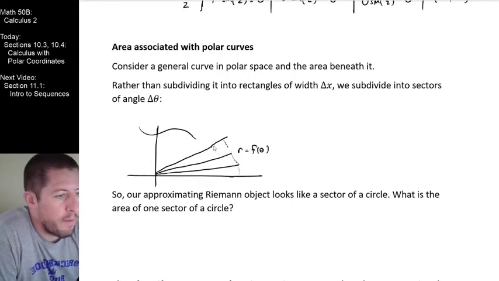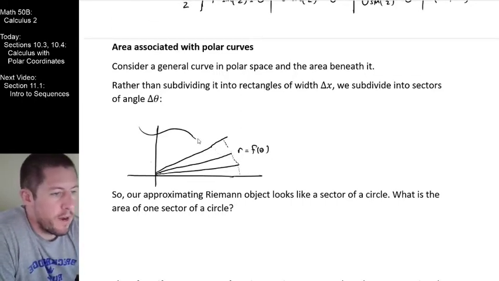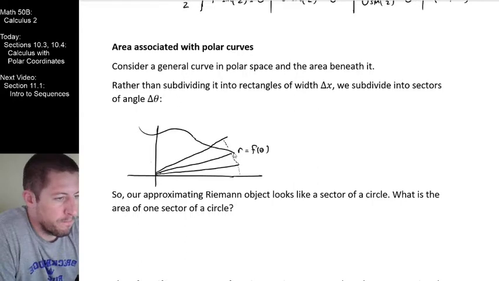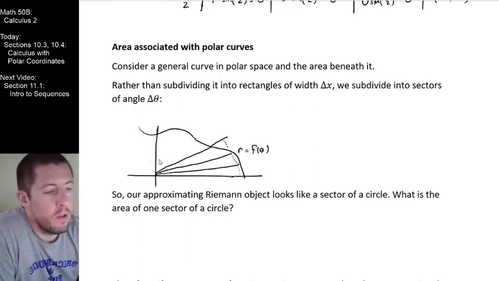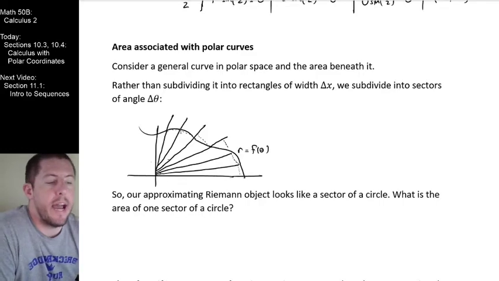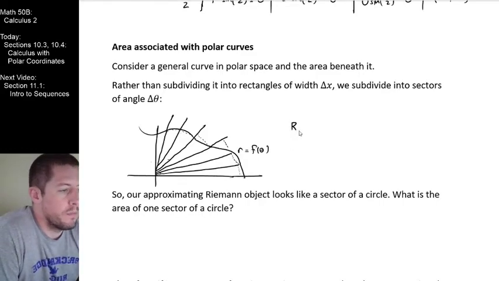Oh dang it, we're remembering that these are just approximations, right? As our number of subdivisions gets larger and larger, the size of each subdivision is getting smaller and smaller, and therefore the amount of error that we're accruing on any one subdivision is getting smaller and smaller. So I might picture this being my Riemann diagram, and so again, our Riemann objects